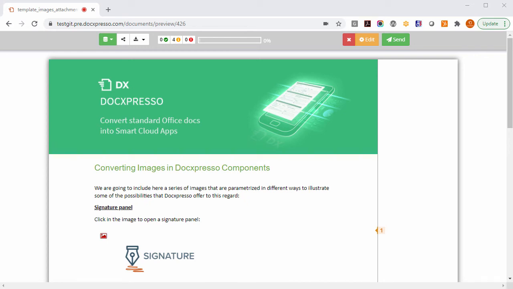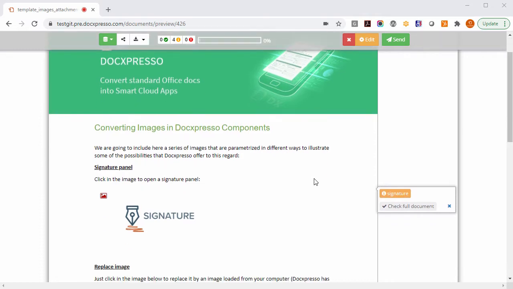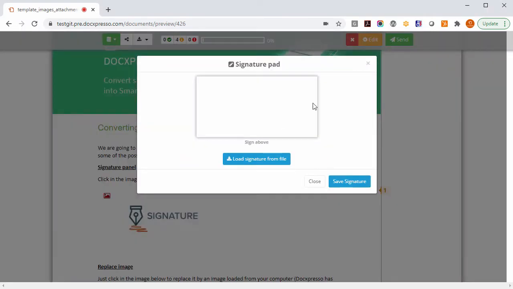In this screencast, we are going to show you how to convert standard images within a document in different Docxpresso components. In order to illustrate the process, we're going to start by the very end, the result. So here we have a Docxpresso template,